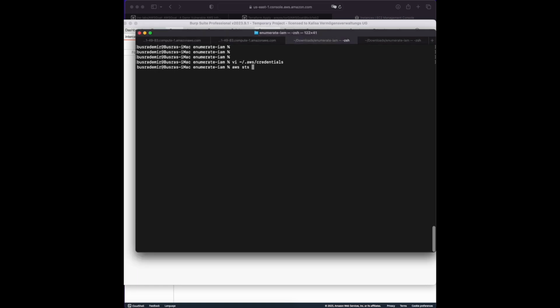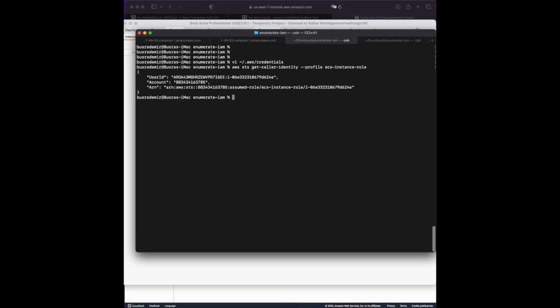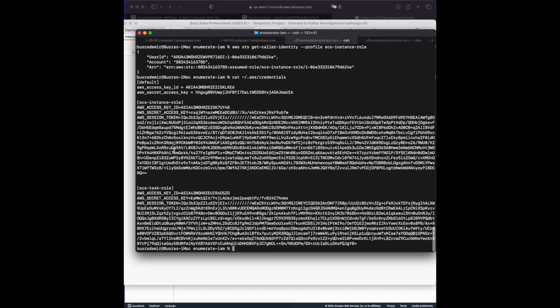We are just enumerating IAM permissions on this profile. First, we are verifying it with STS get caller identity, and then we can run the same enumerate IAM Python script so that we can see what kind of permissions we have. So let's run it quickly. Access key, secret key, session token, just these values that we grab from the host